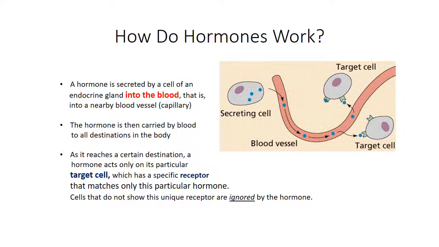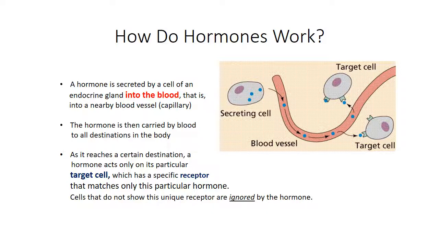Usually, cells contact with capillaries. Most of them do not contact with large arteries or large veins. They contact with blood capillaries. The hormone is then carried by blood to all destinations in the body. So it's a long-range weapon. The pituitary gland is underneath the brain, so it's in the skull, but it produces hormones that circulate in the blood and can reach, for example, your toes and regulate the growth of your toes,